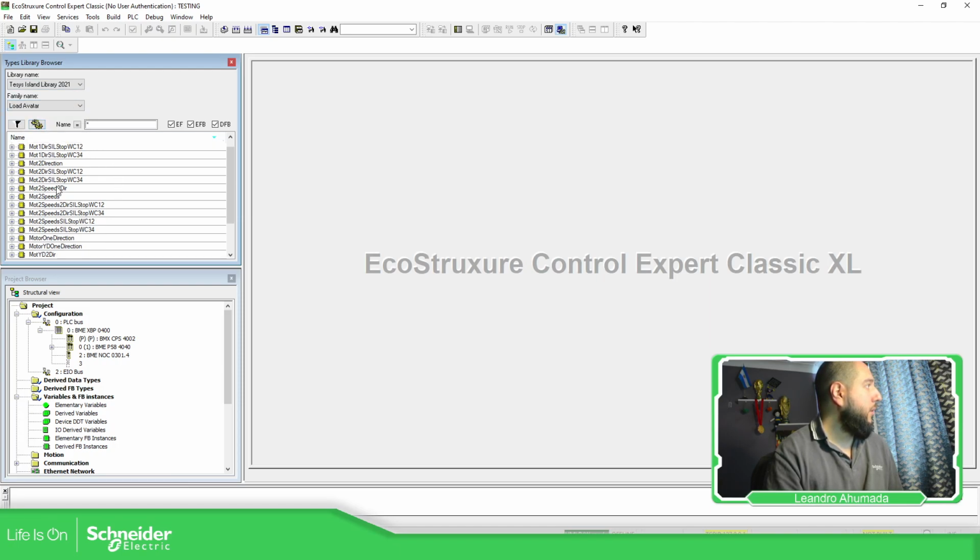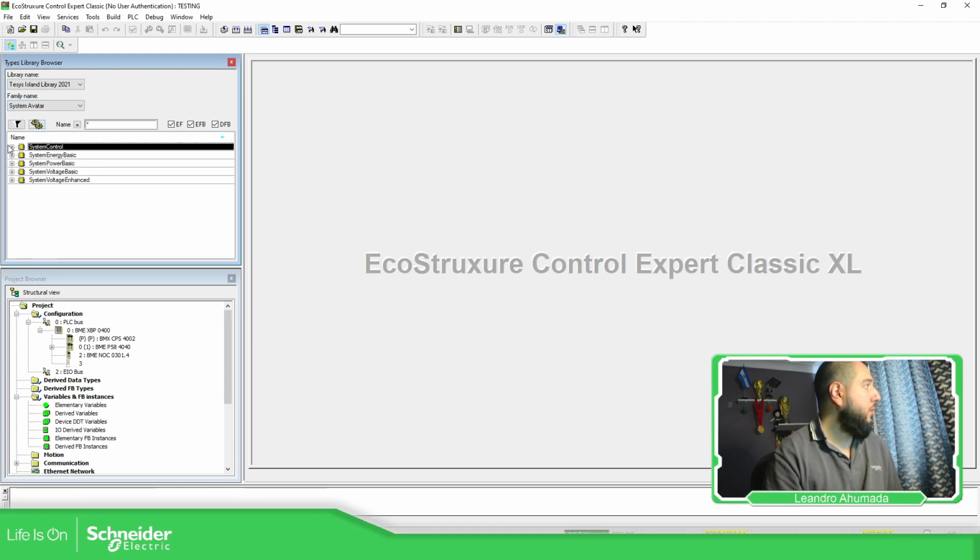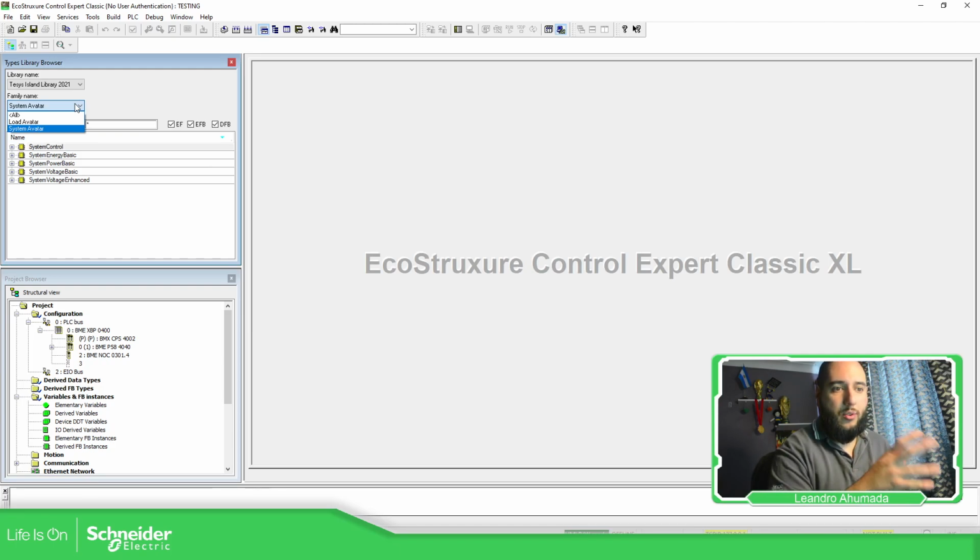You can see I have motor one direction, the category, star delta, power interface, resistor, transformer, power supply. Now for the system avatar, system control, which is related to the bus coupler and the general island. So this is how you can install it.